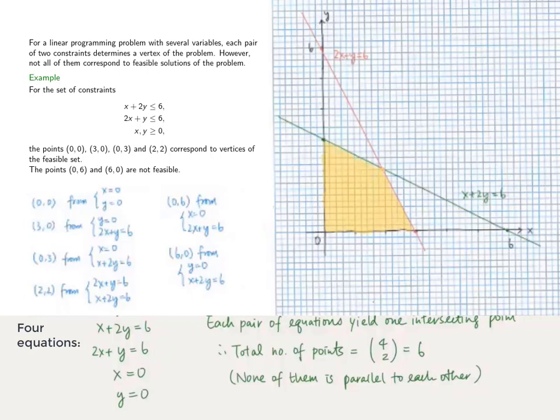For each vertex, we can substitute back to the other two constraints to see if it fulfills them. If yes, then this vertex belongs to the feasible region. Here, the vertices (0, 0), (3, 0), (0, 3), and (2, 2) are in the feasible region, but the points (0, 6) and (6, 0) are not. Then, by comparing the output value of those vertices in the feasible region in the objective function, we obtain the